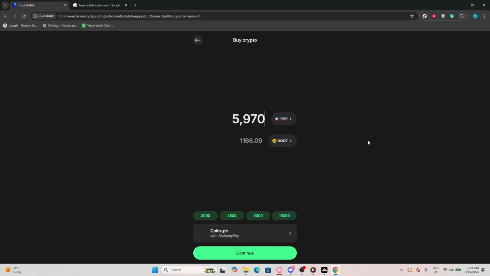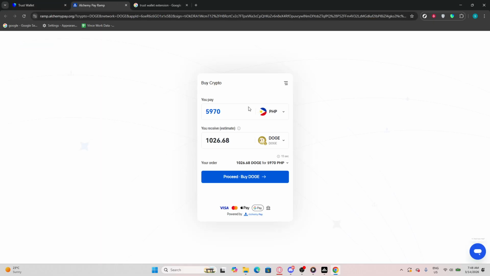Now, you will need to specify the amount of Dogecoin you wish to buy. Look for the input field where you can type in the desired quantity. After entering the amount, double check to ensure it's correct before moving forward. After confirming the amount, click on the Continue button to proceed with the transaction. This action will initiate the purchase process, and you may see a confirmation screen summarizing your order. Review the details before completing the transaction to ensure everything is